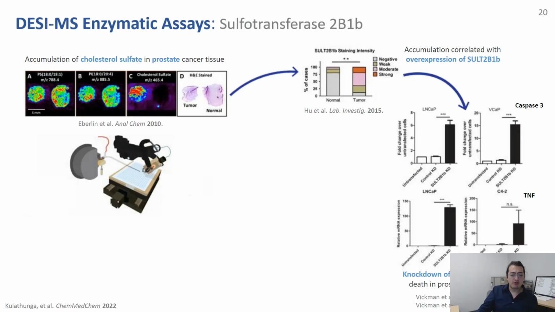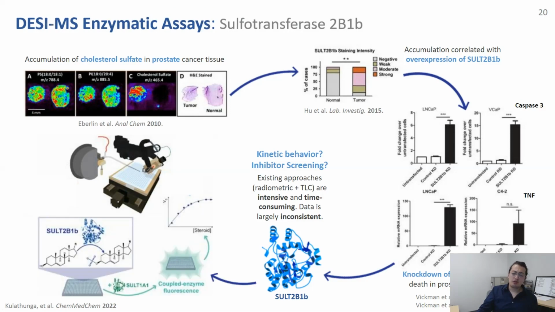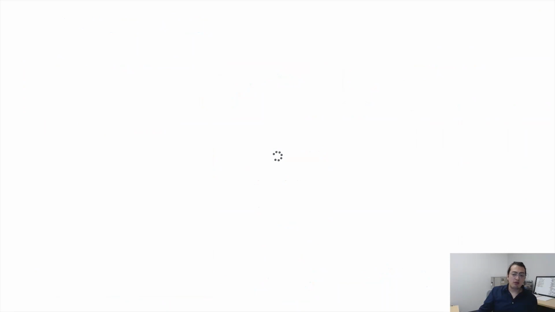And if you knock down this enzyme, you can induce death of the cancer cells. But there was really no way to study this enzyme. So some collaborators developed a fluorescent method with some limitations, including needing an initial incubation, being limited by the purity of the reactant, and having a lot of competitive interference between the coupled enzyme and the actual enzyme you want to study. But we developed a completely label-free method using the high-throughput DESI-MS technology that gives you comparable results to those of the fluorescent method, as you see here,